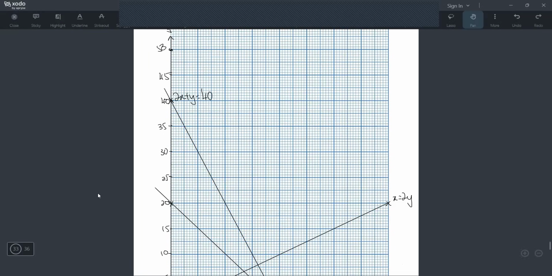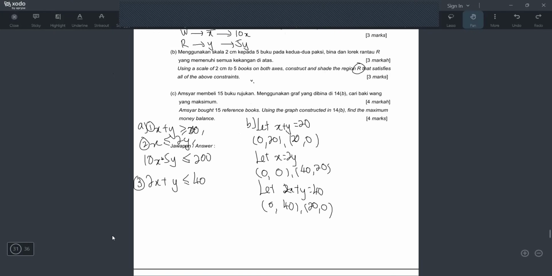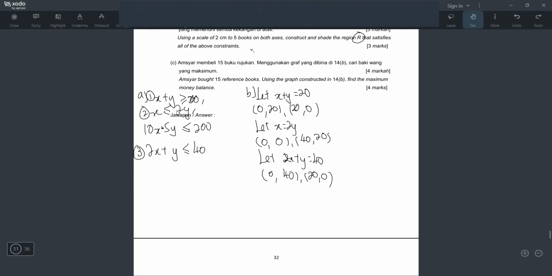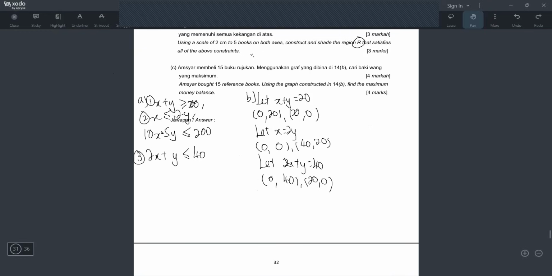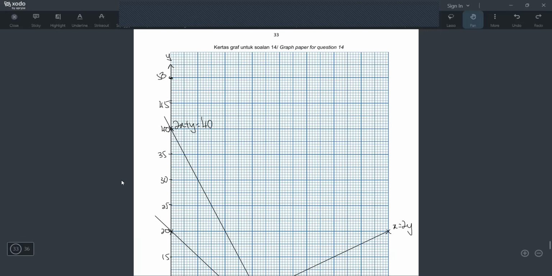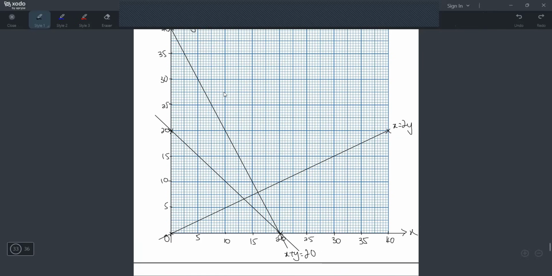Okay, after we draw the graph, we still have to shade, because it says here construct and shade the region R. So how do we shade? We look at the inequality symbol. So the first line, x plus y 20, we have to make sure y is positive and then look from y. So the y is already positive, look from y. What symbol is this? Bigger. But which line? The x plus y 20 line has to be bigger. So which one is the x plus y 20 line? This one, right? So if this one has to be bigger